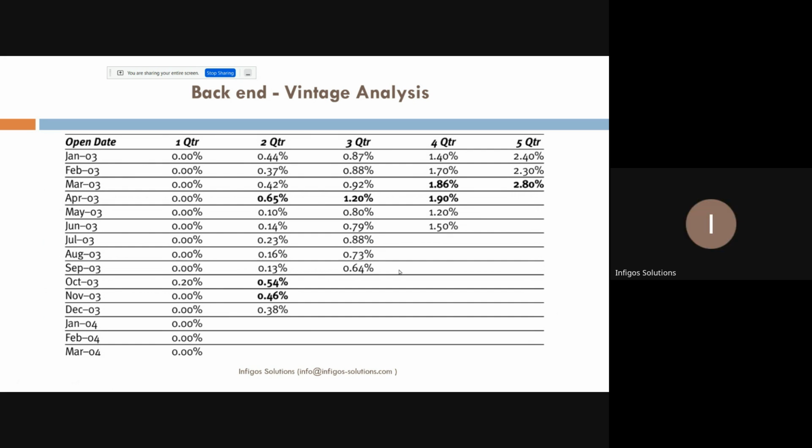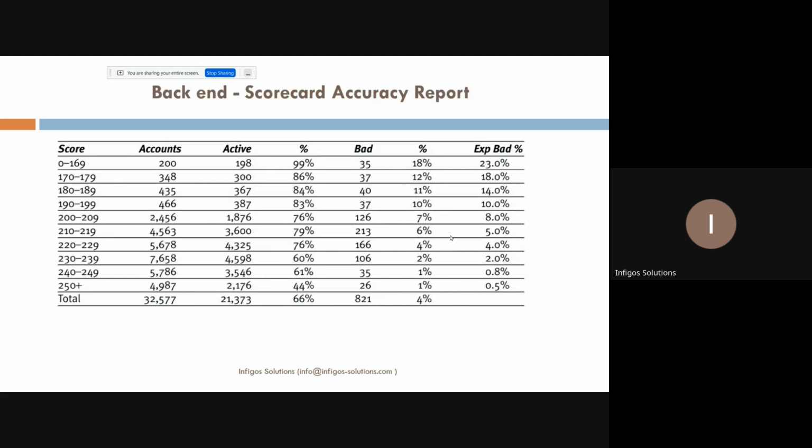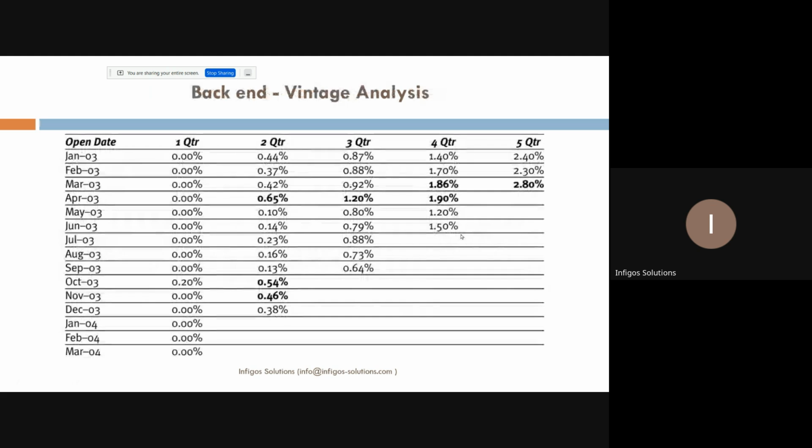Normally, it should have an expected range like this one. In each score, you would have an expected bad range. If the expected bad range is crossed,